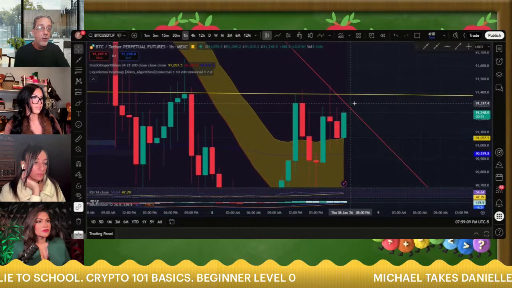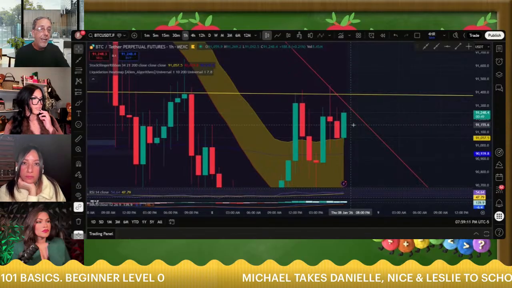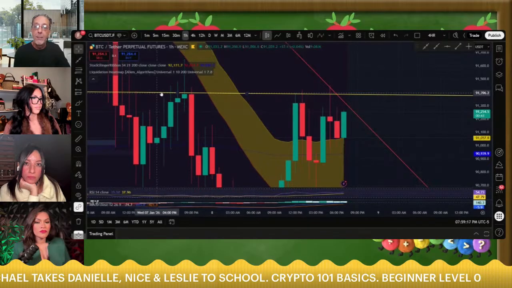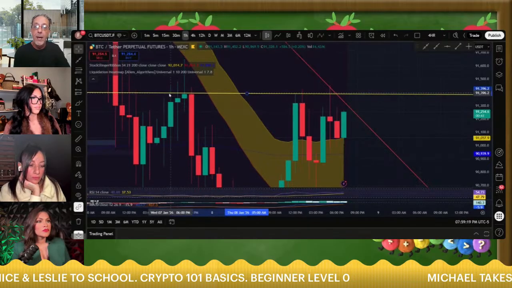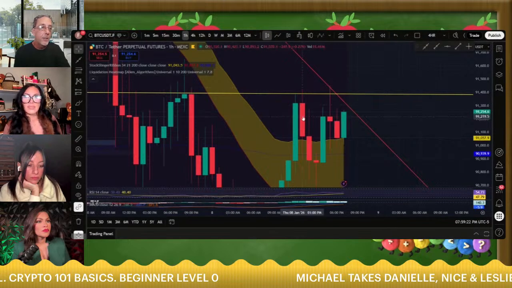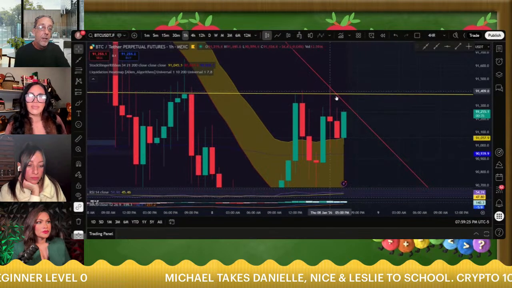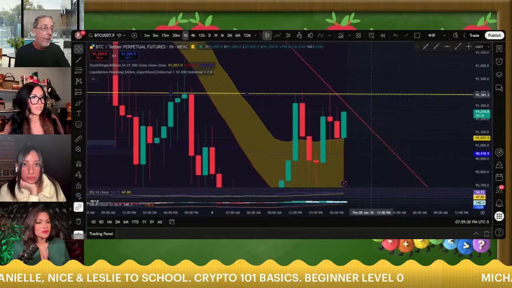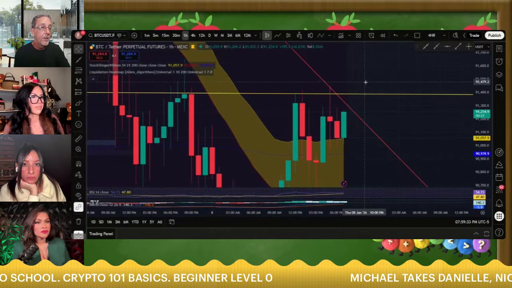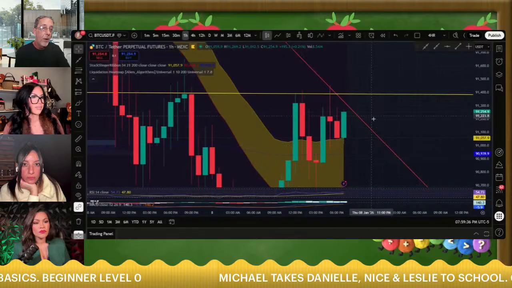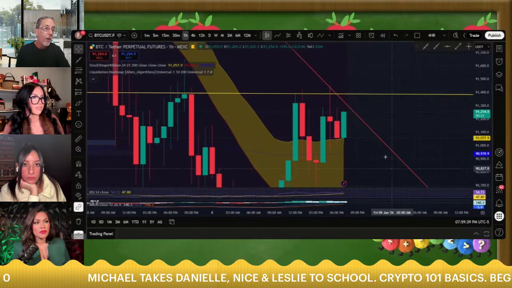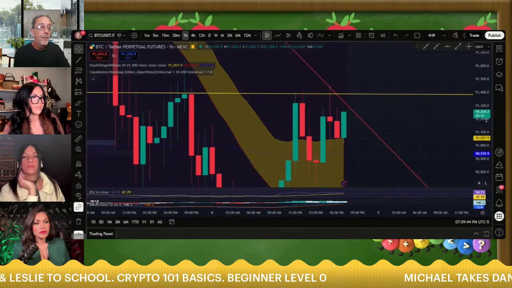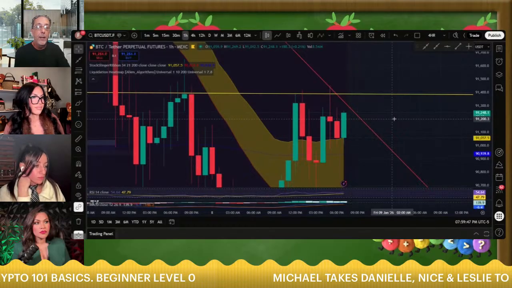Sometimes it'll go across the downtrend line and shoot up a little bit and then fall right back down. So you really got to pay attention to it and always look to the left, because it's going to tell you here's your support levels, here's your resistance levels. If it gets past this downtrend line, that's bullish. If it gets past this resistance, why we call it resistance? Because it's above us. Anything below us would be considered support. As we fall back down, that's a support level. We want to bounce off that support and shoot back up. So we've got 15 seconds before it creates a new candle right here. Let's see what happens.